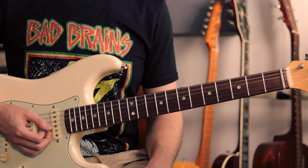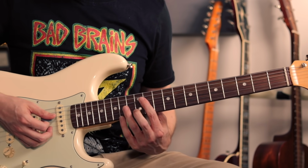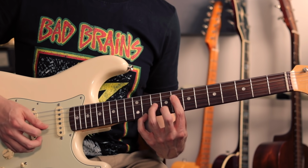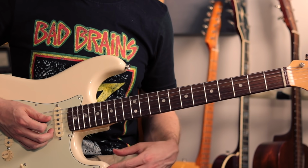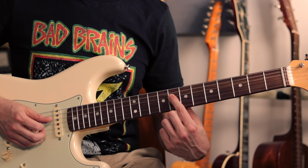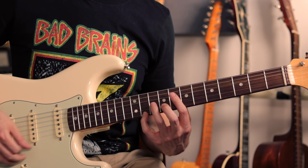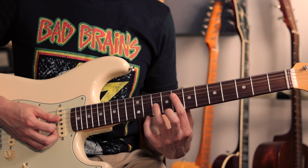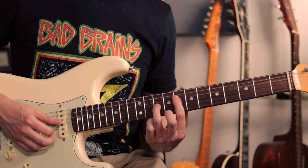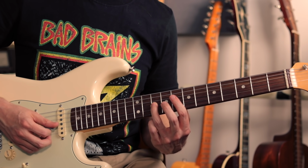Once again we're dealing with 4 chords here in the key of B minor, and the first chord is this one, which is a B7 sus4. We're just playing on the top 4 strings, and in terms of the fret numbers we've got the root note here at the 8th fret, and then it's 10th, 9th and 11th frets. So, B7 sus4. Next chord is this one, which is a B minor 6, and this is the 8th fret, 10th,